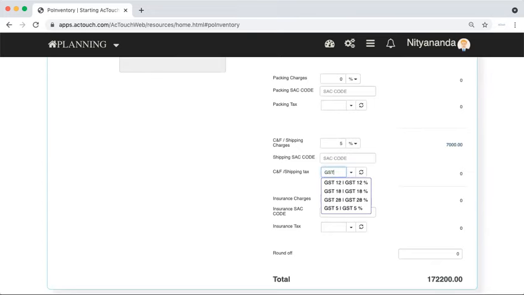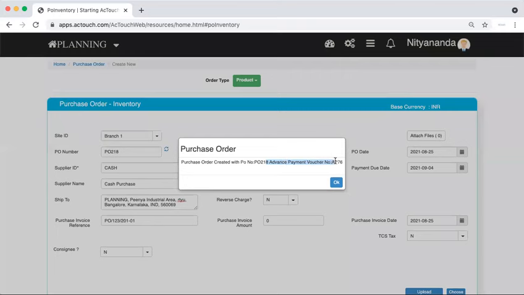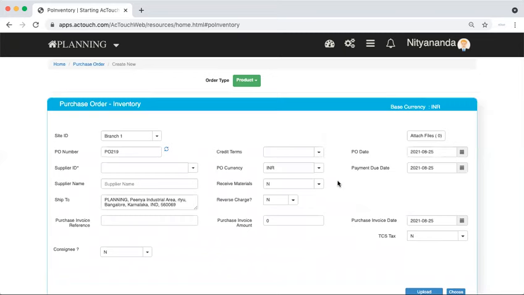This is the amount here. Plus you may want to apply the taxes. In the Indian context, in some places you have shipping taxes. So 18% of 7,000 is added. So once the data is added, you can just save the order. So if you look here, there are two transactions we did. One is the purchase order created, plus we did the advance voucher also. So this is how it is pretty simple for you to do a purchase order in a very short period and do it quickly. Thanks.